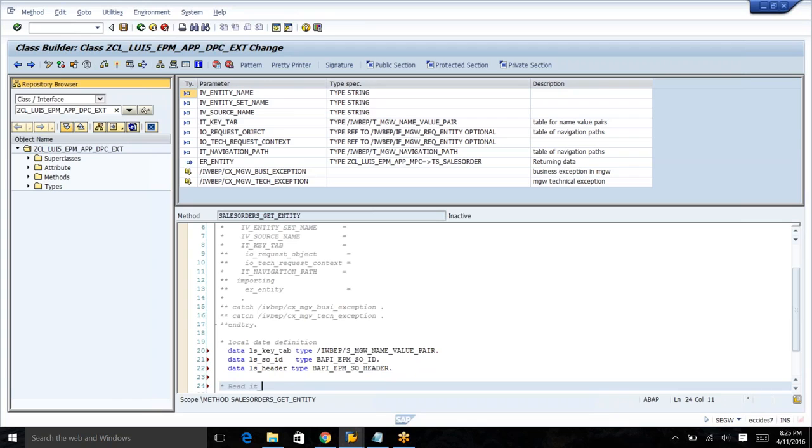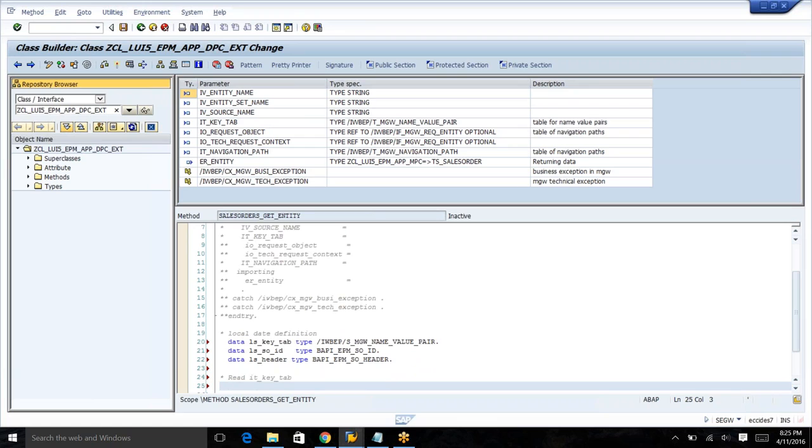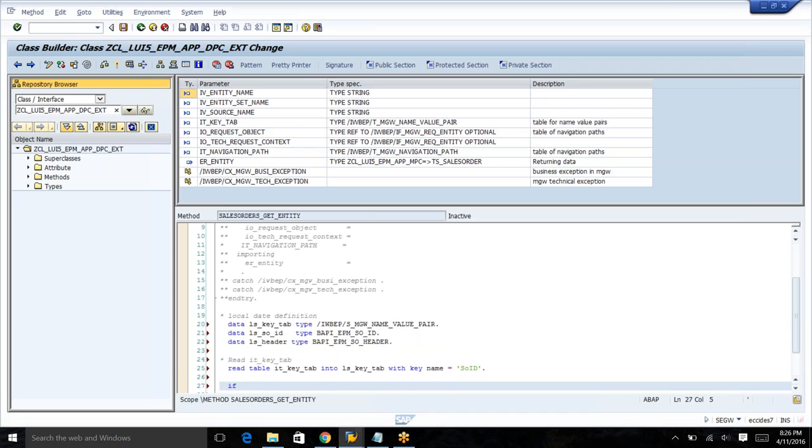Read IT key tab. Read table IT underscore key tab into ls key tab with key name equal to the property name of the key, SOID. If ls key tab is not initial,